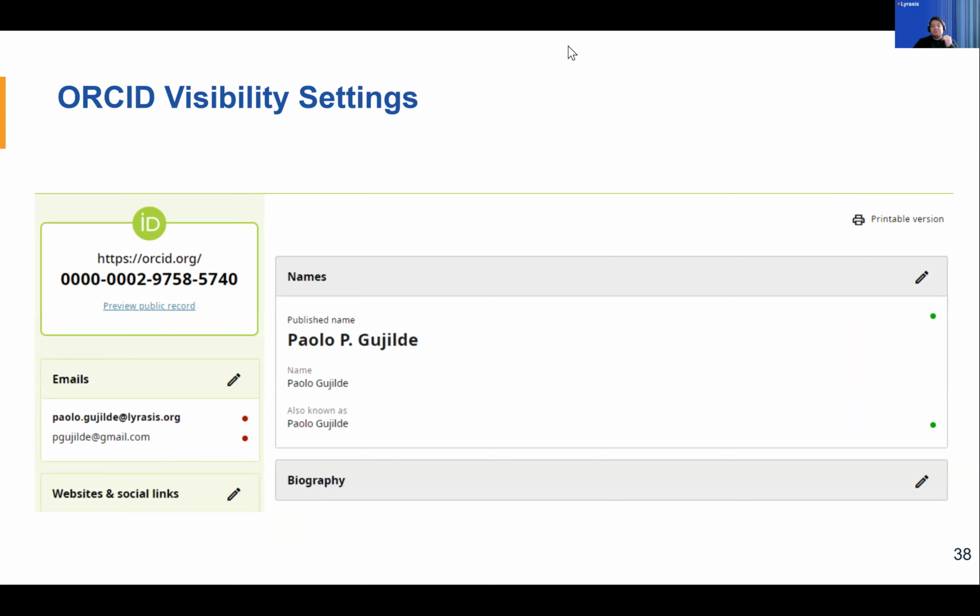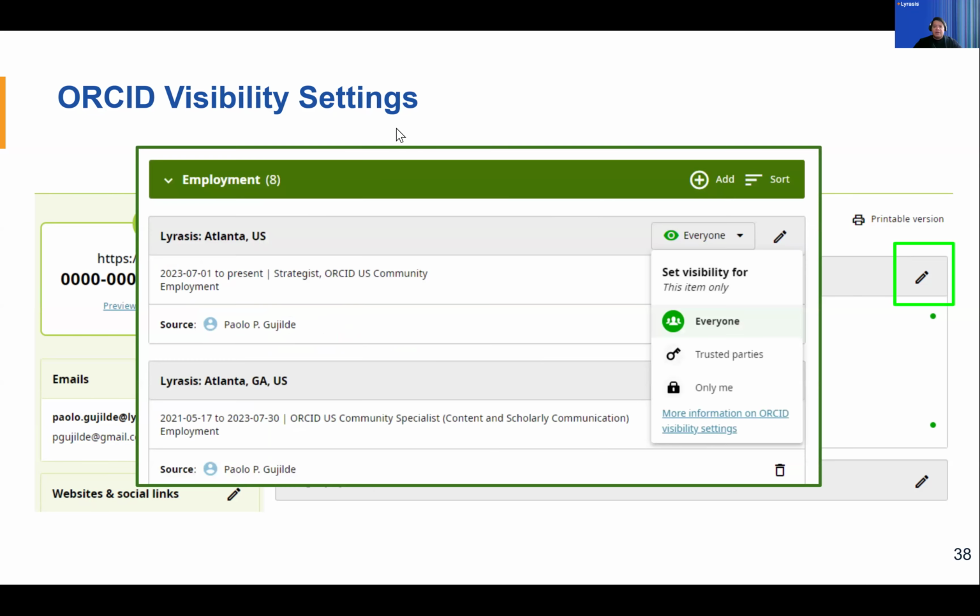For example, with employment, if you only want to show certain positions, you can do that by clicking the pencil icon or the edit button, and then going to the section you want to change. For the first employment entry, I click on the visibility that says everyone, and then I can change the setting.